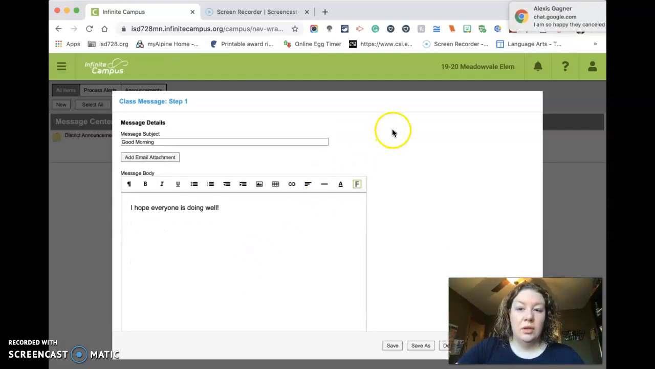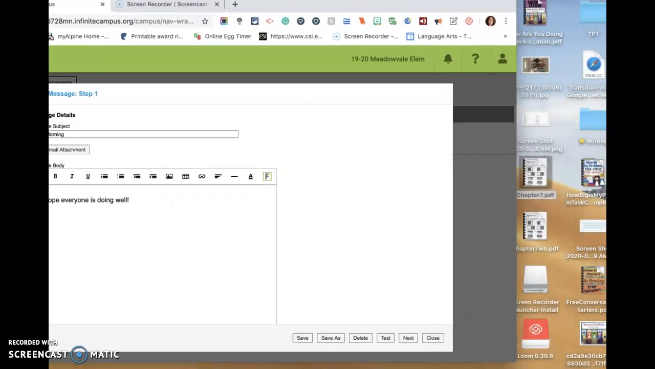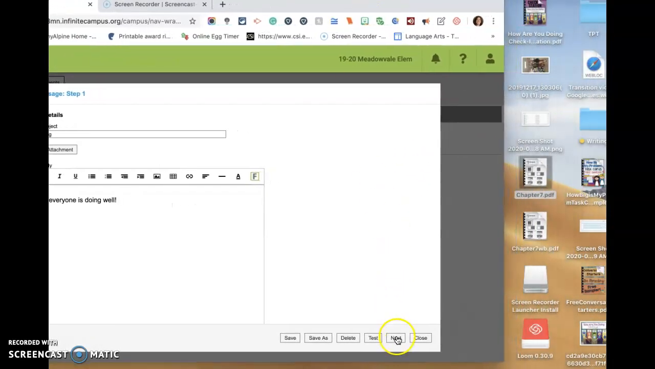And then you will click, I'm going to move this away for a minute because I don't know if this is blocking. You will click the next button. I'm gonna move this. Click next,